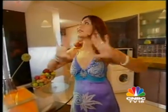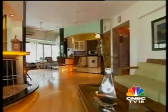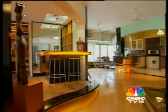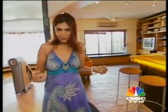It's nice to have an interactive kitchen. It also makes a space look bigger. So I've actually eliminated walls here. You see one huge space going from the kitchen to the living room and into the bar. I don't like to break a space with walls. I'm more into breaking a space by creating zones,